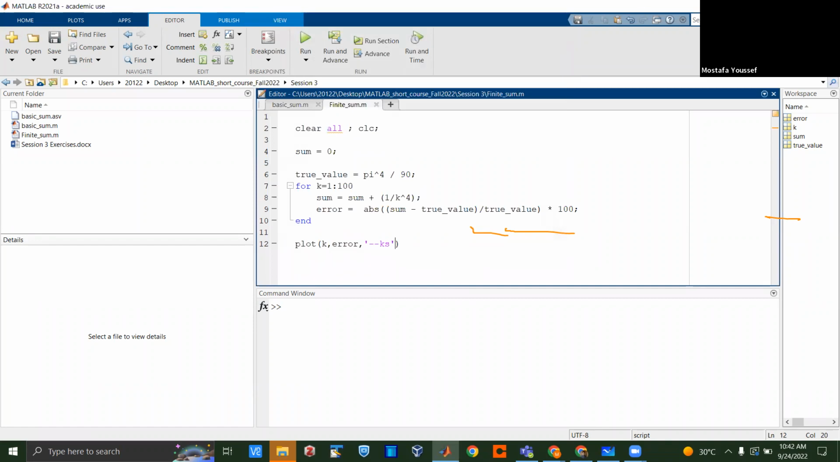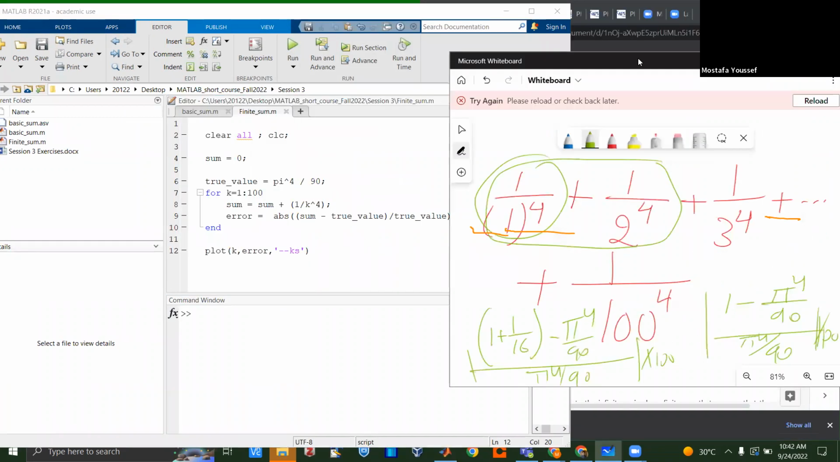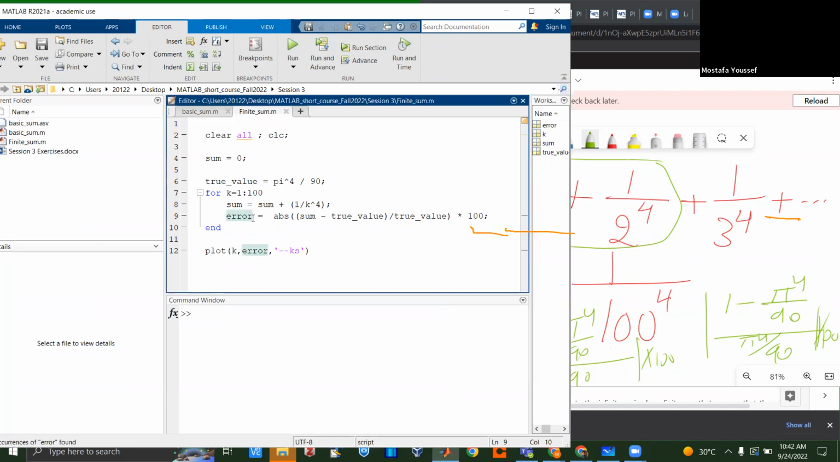How do I make these arrays? Guys, this is very important. So a major issue in for loops is that people are trying to calculate new arrays, but then when they plot, they end up with plotting one number against one number. How do I get my arrays? Well, first of all, error needs to be an array. So instead of typing error, I'm going to call it error of k,